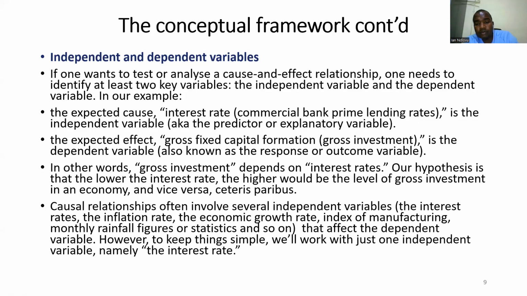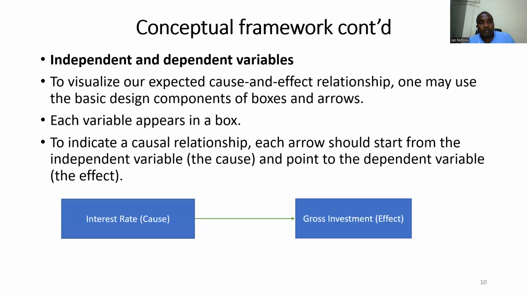To keep things simple, we'll work with just one independent variable, namely the interest rate. We'll just work with the interest rate to simplify whatever we're covering in this chapter. So if we are to visualize our expected cause and effect relationship, we can just use two boxes and an arrow in between them, where the box on the left-hand side, that is the first box, stands for the interest rate, which is the cause, and the box on the right-hand side,